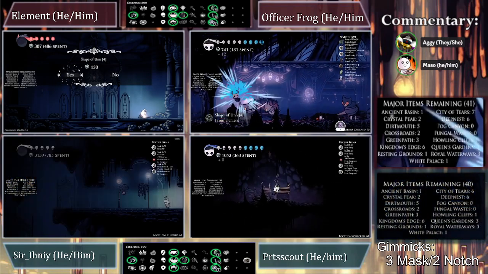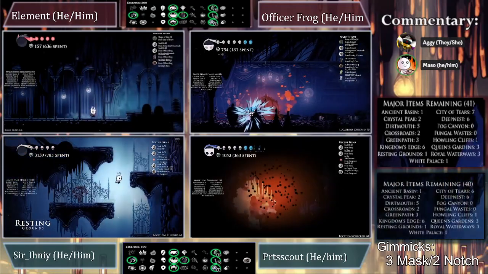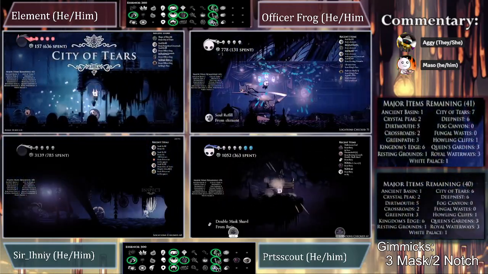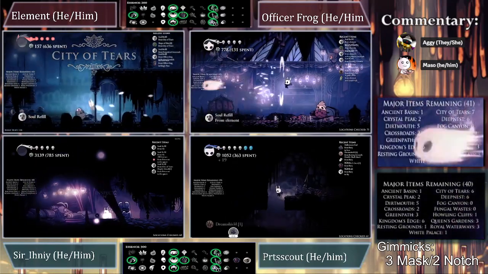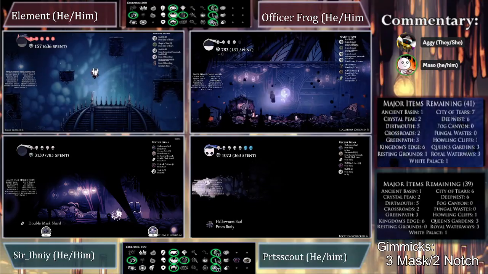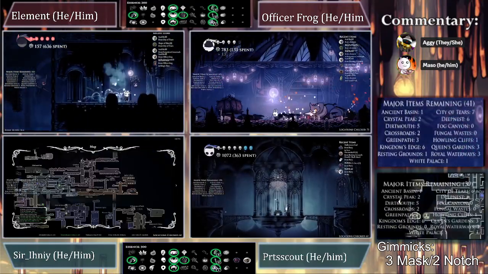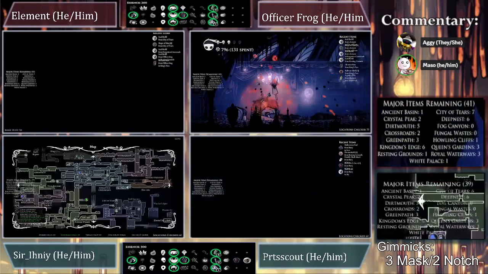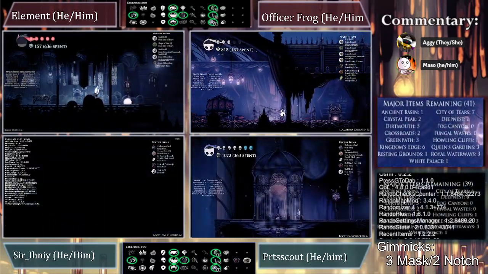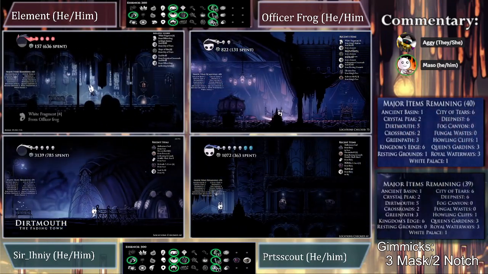Though it does seem like Scout is doing crypts. Yeah, Scout doing crypts on the way to Repside, doing the left side of crypts. It's actually very clever because it's not a major. So taking that to Right City, I would have rather seen this before going to Deep Nest, but